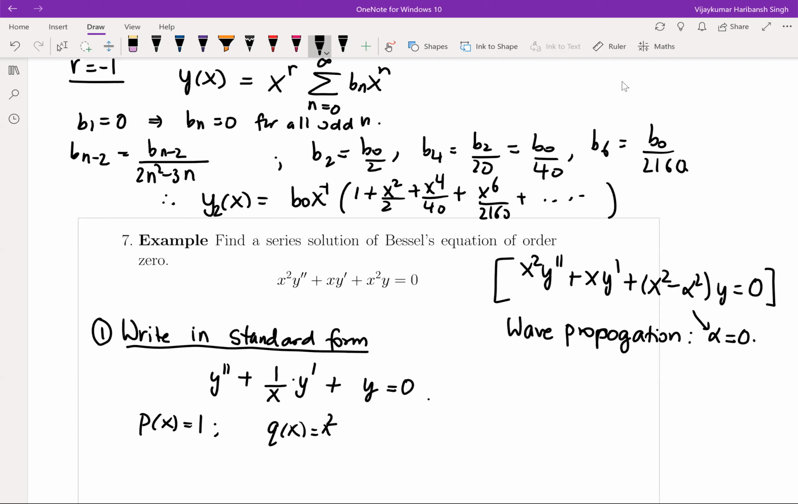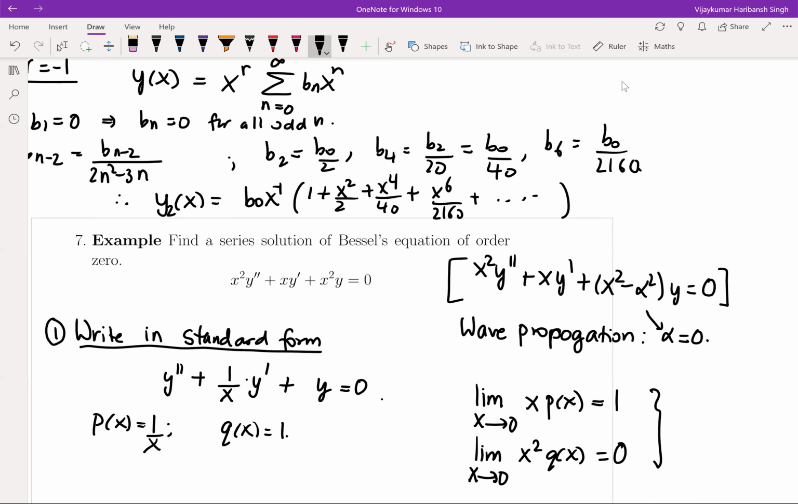And here, since we can see p(x) is 1 over x, and q(x) is x squared by x squared, which is 1. So limit as x goes to 0 of x p(x) equals 1, and limit as x goes to 0 of x squared q(x) is equal to 0. So this is 1, my bad, and this is 0. So since these are finite,